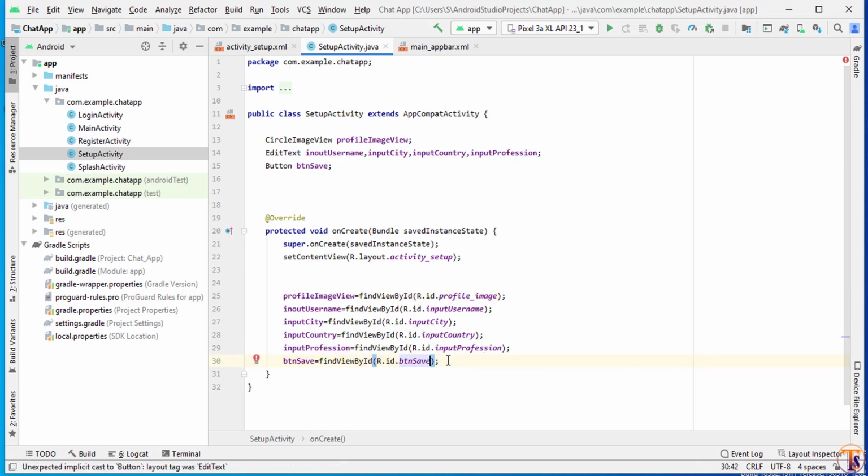Okay, we have initialized our input fields, buttons and profile image. So we will set a click listener on profile image.